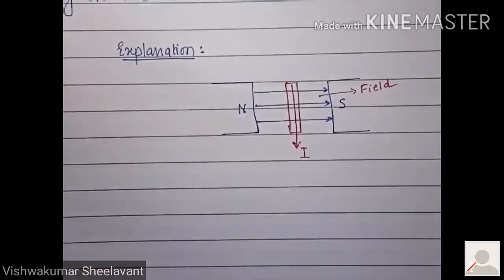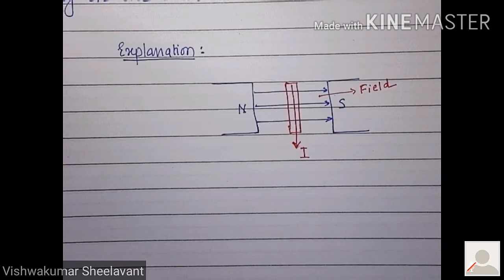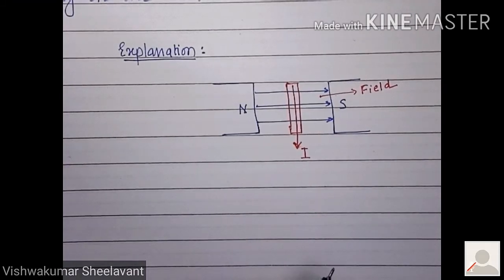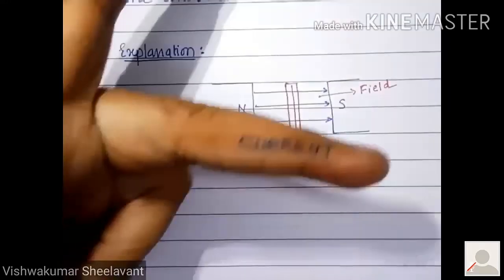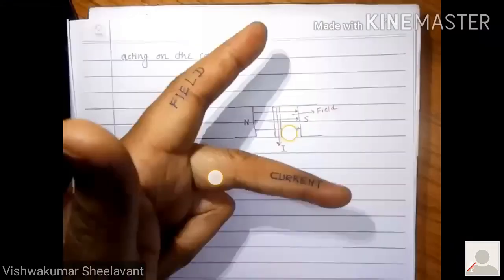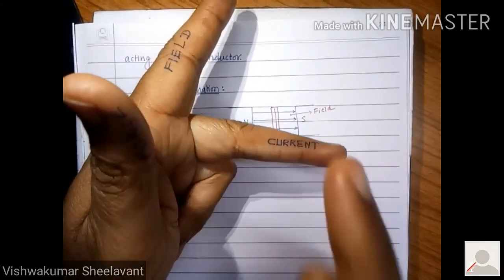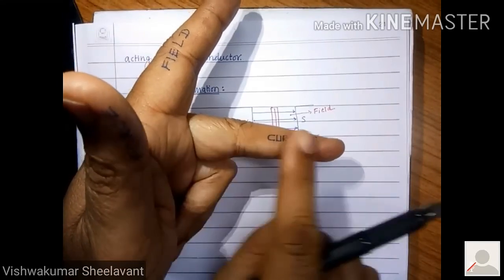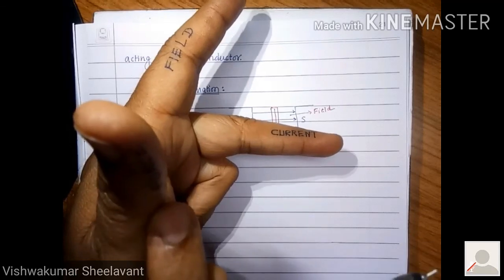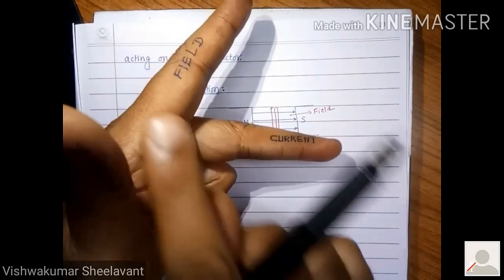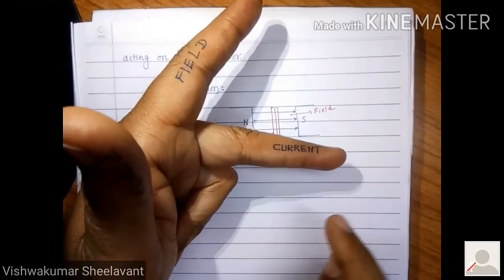So for this we will write two lines. Actually it is like XYZ direction. Three fingers means what here? XYZ direction. This is X direction. Perpendicular to that we have Y direction, and this is Z direction.